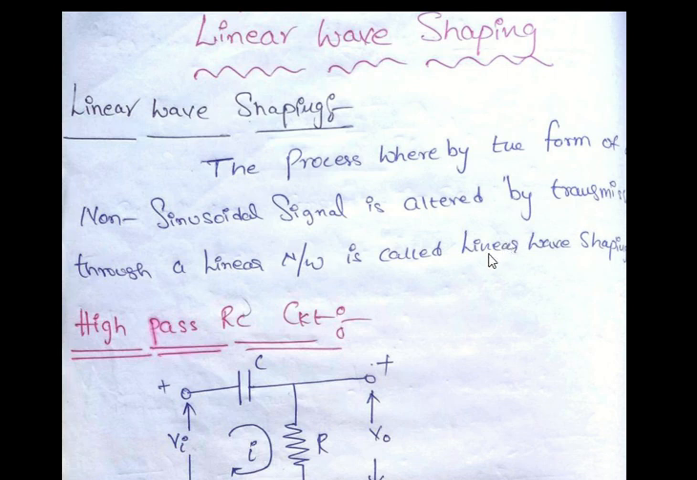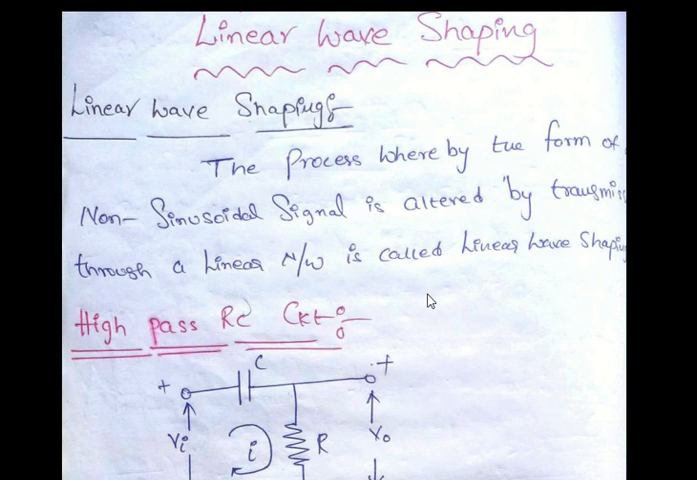Good morning everyone. Today I am going to explain linear wave shaping and the high pass RC circuit for some input signals. First of all, we are going to discuss the basic definition of a linear wave shaping circuit. Wave shaping is the process of changing the shape of the input waveform by processing it